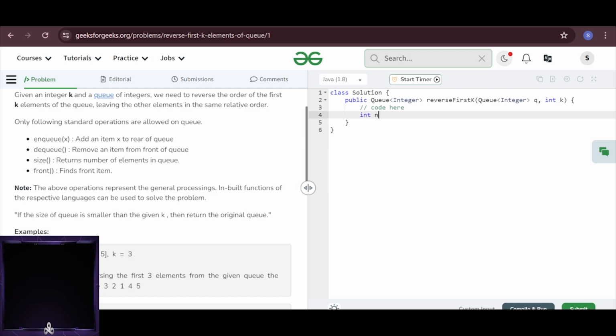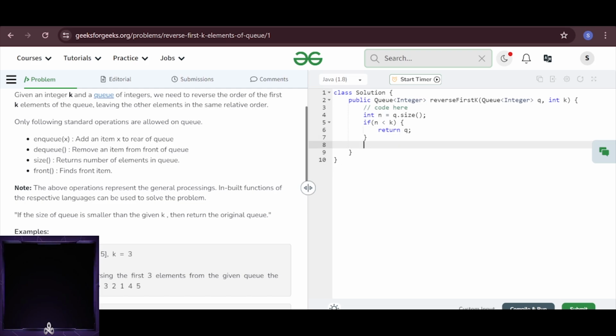I'll first take the size, int n equals my queue dot size, right? And after that, I will check if my n is less than k, then I will just return the original queue from here, right? As simple as that. This was our base condition. After that, we should create this stack over here that we will use for storing the first k elements,